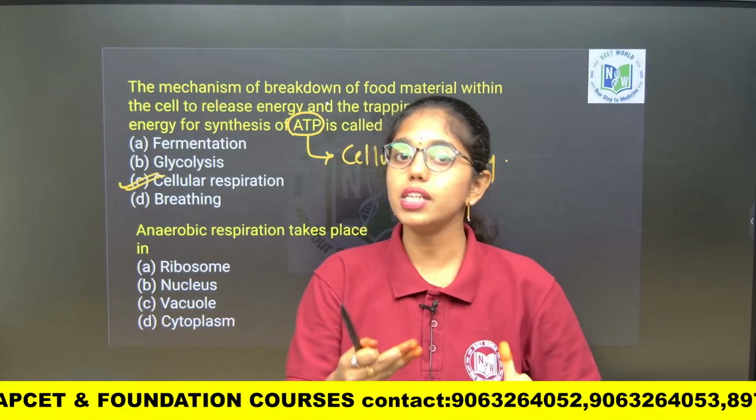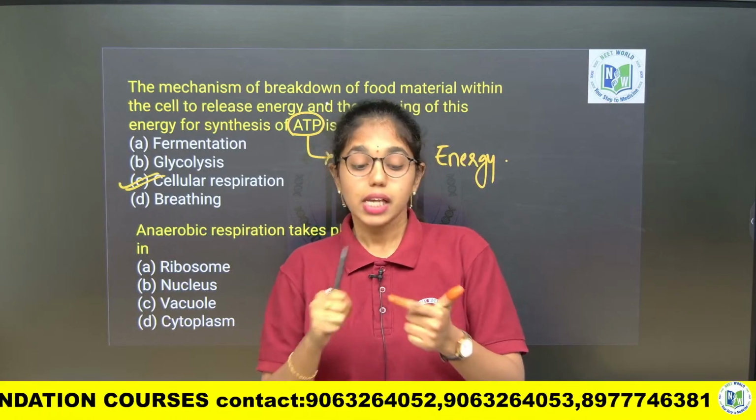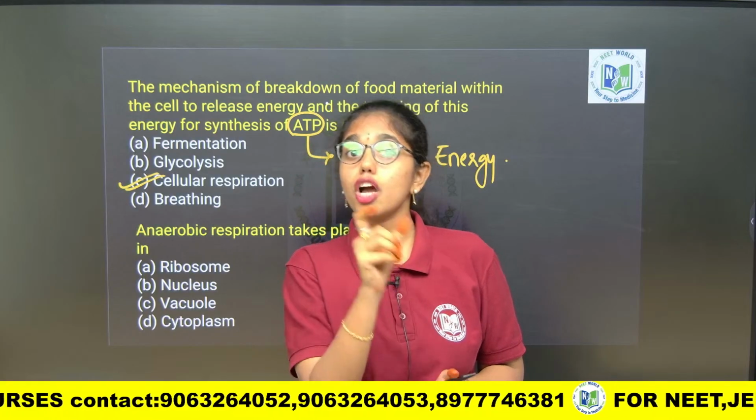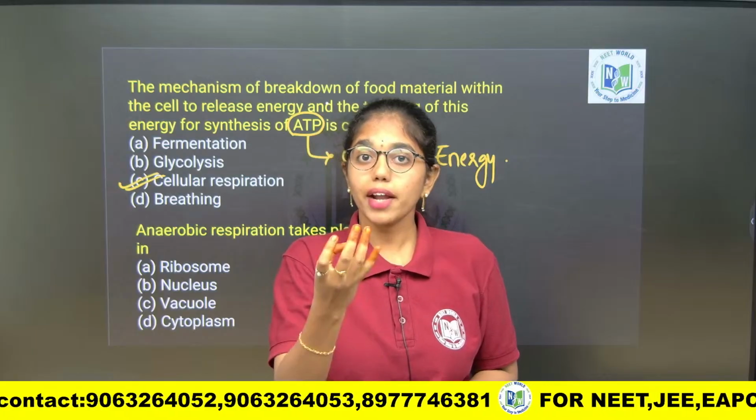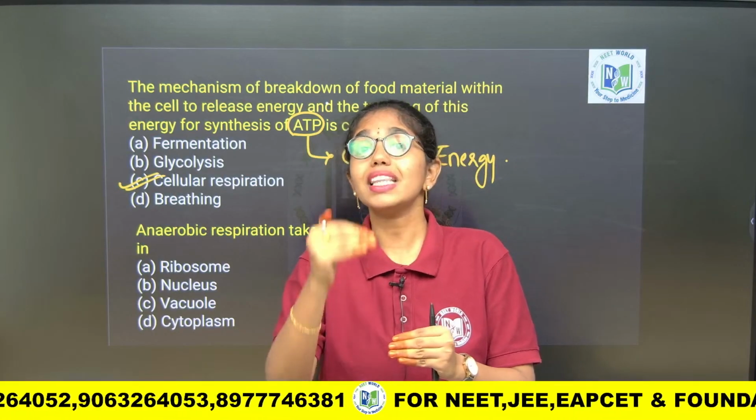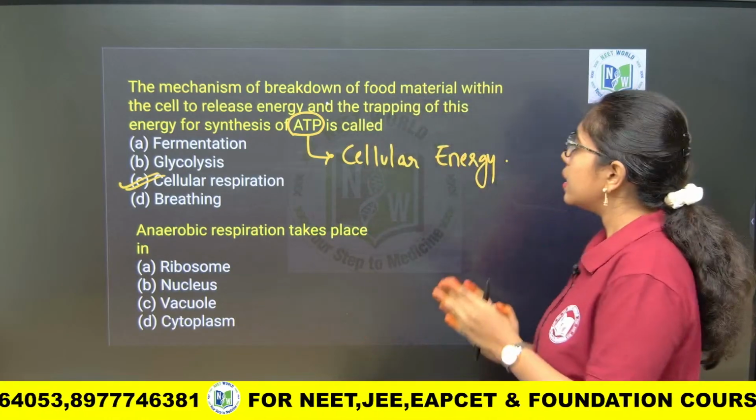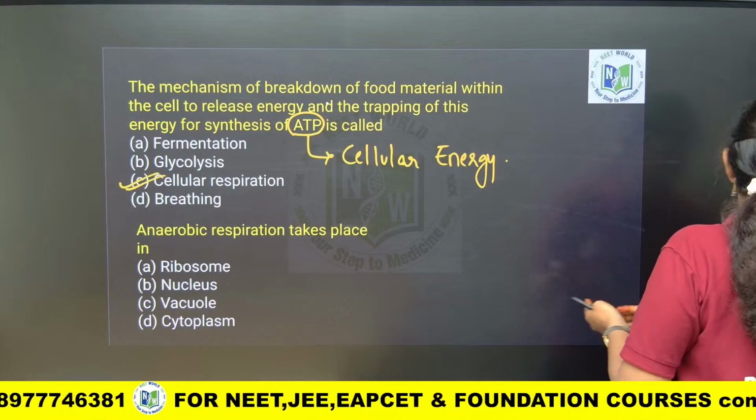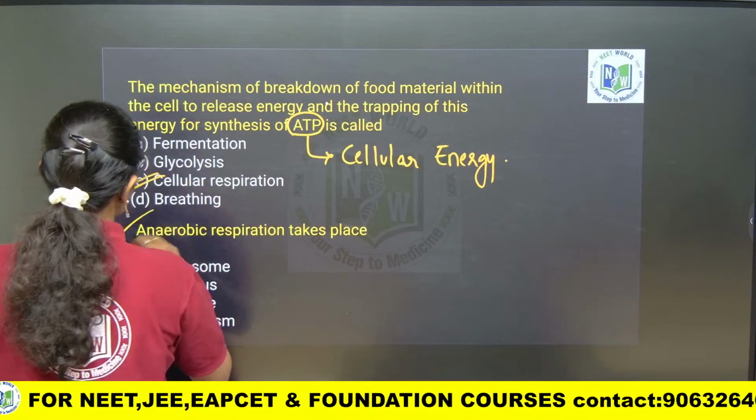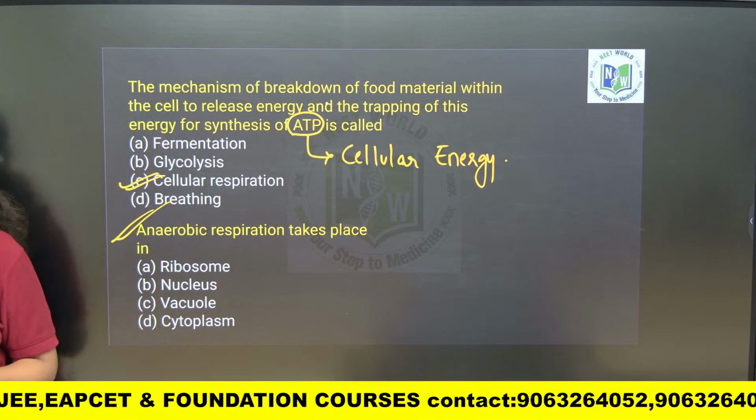Respiration we will generally say oxidation of macromolecules and production of energy. Cellular respiration will be clearly mentioning that oxidation of macromolecules, carbohydrates, proteins or fats inside a cell and producing the cellular energy, that is ATP, is called as what? Cellular respiration. Next, anaerobic respiration takes place in